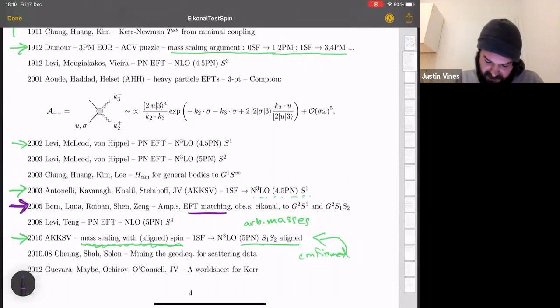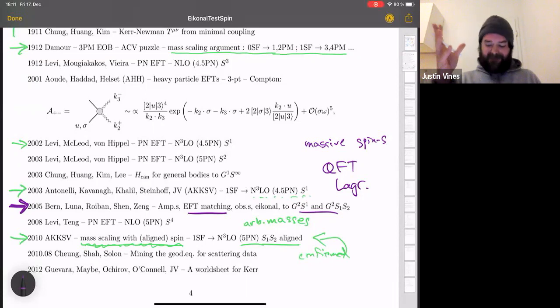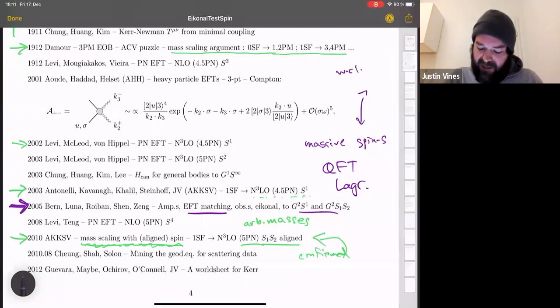where, in addition to doing this EFT matching and going to these levels, the point is they start from a QFT Lagrangian for a massive spin S coupled to gravitons. And that's another very important link to make. Instead of just starting with these bootstrapped amplitudes, how are they related to QFT Lagrangians? Also possibly with nice properties. For that matter, how are both of those things related to world line actions, like